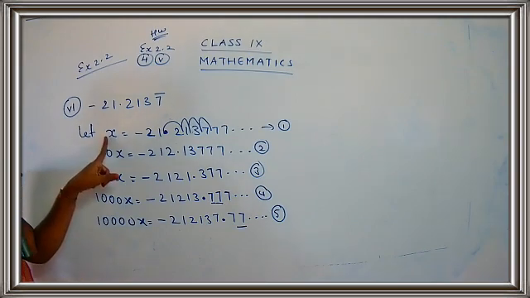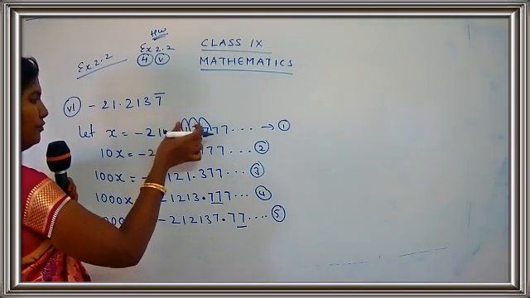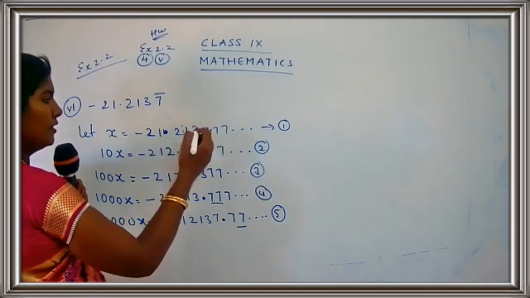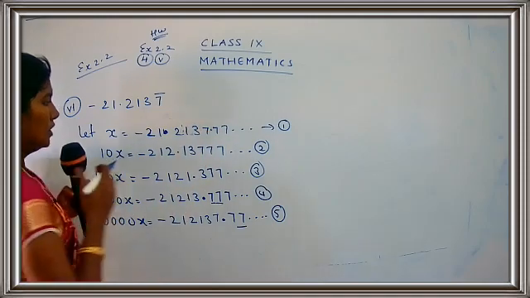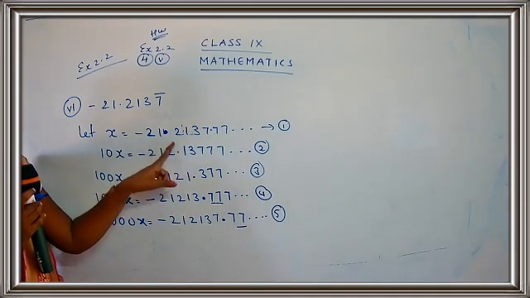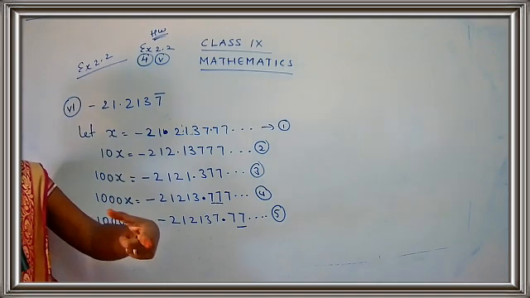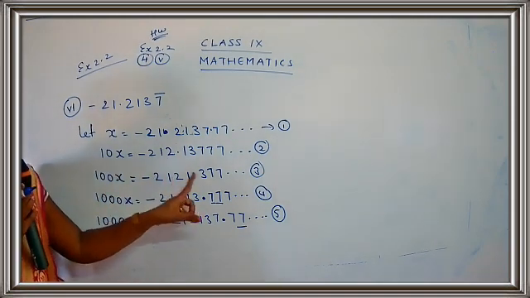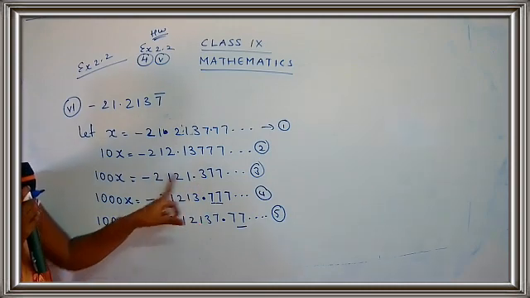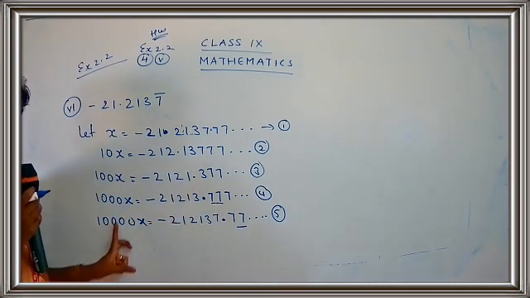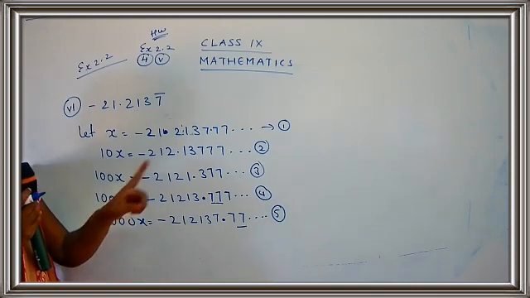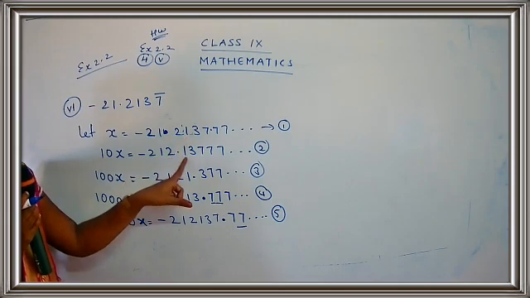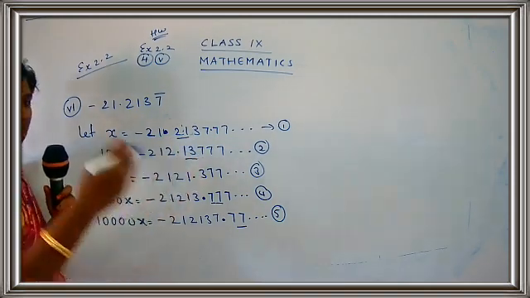So first the number was x. Now what do you have to do? We started multiplying. What is the first number we took? We took 10. 10 means you shift the decimal point one place to the right. For 100, 2 places. For 1000, 3 places. For 10,000, 4 places. One more thing: you have to keep checking the number after the decimal point. Here it's 2, 1. Here it's 1, 3. So not possible, we have to do one more step.